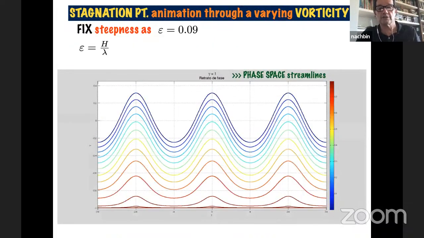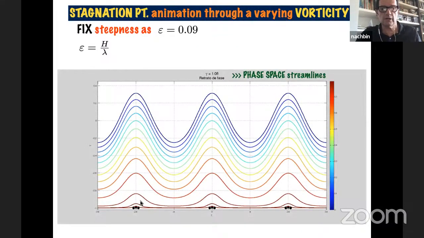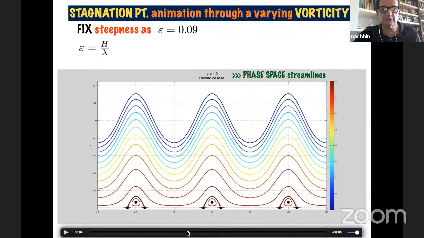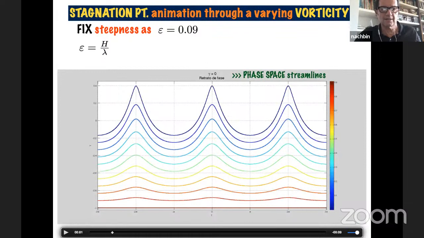Okay, so here it is. Let me stop it. I think it's more interesting if I stop it. Yeah, it worked. I hope it doesn't freeze on me. I think it works, right? So here, there's no vorticity, and there are the Stokes waves on top and the streamlines, boring.